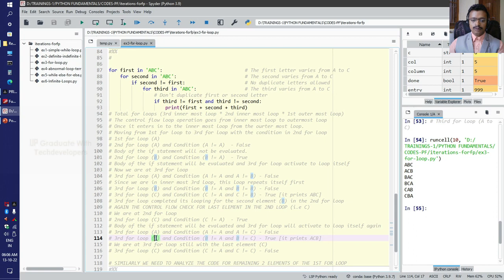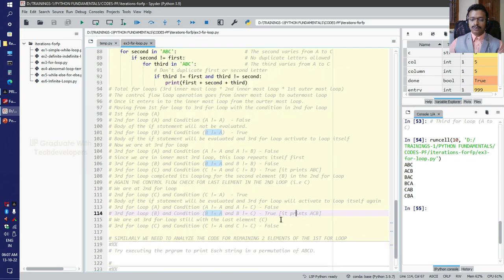Okay, third for loop B, and the condition: third now is nothing but B. B is not equal to A, and B is not equal to second, means B is not equal to C. Look at the condition. B is not equal to A is true, and B is not equal to C, this is true. So the print statement will print